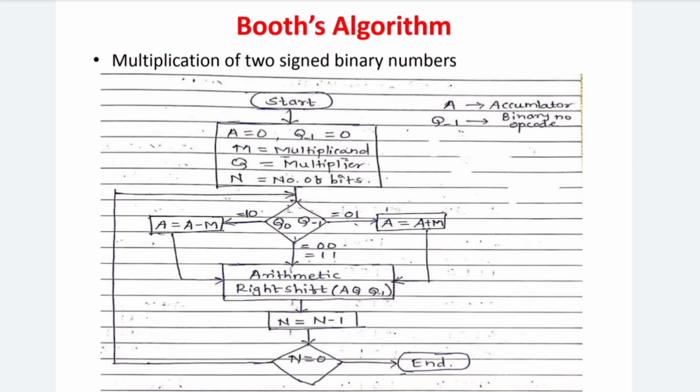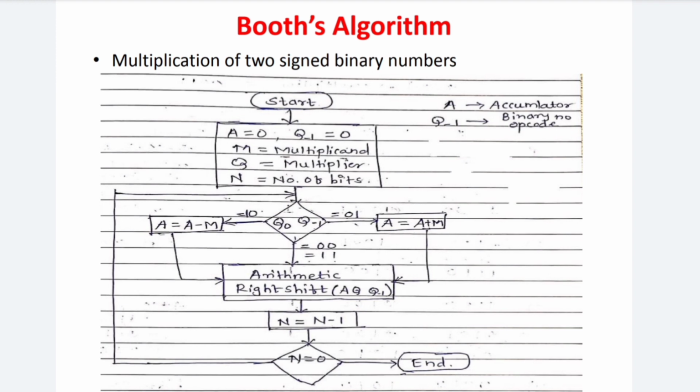In this, A is equal to 0, meaning the accumulator is equal to 0 initially. Then Q-1 is equal to 0, M for the multiplicand, Q for the multiplier and n for the number of bits. So if Q0 and Q-1 are 0 1, then we do A is equal to A plus M. We add the multiplicand in the accumulator